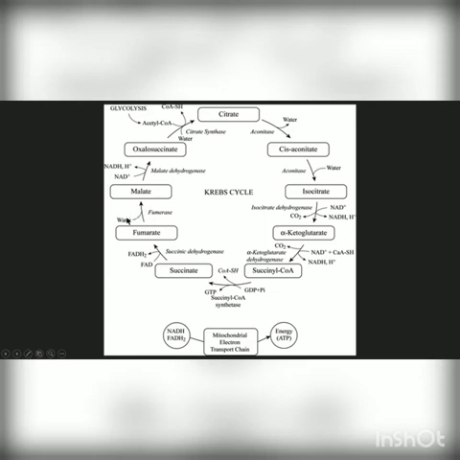Now further the regeneration of oxaloacetic acid, because as I explained you कि oxaloacetic acid and here the coenzyme A together they form the citrate. Fine. So this oxaloacetic acid is regenerated, and the last step is catalyzed by the malic dehydrogenase enzyme and reduces NAD plus to the NADH2